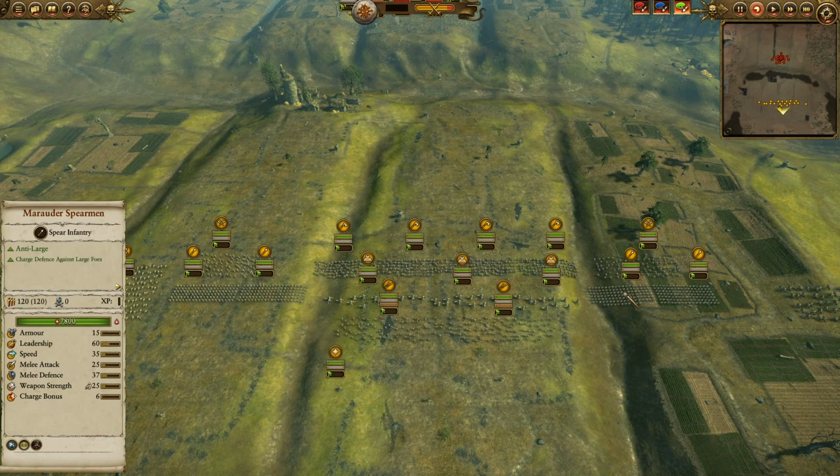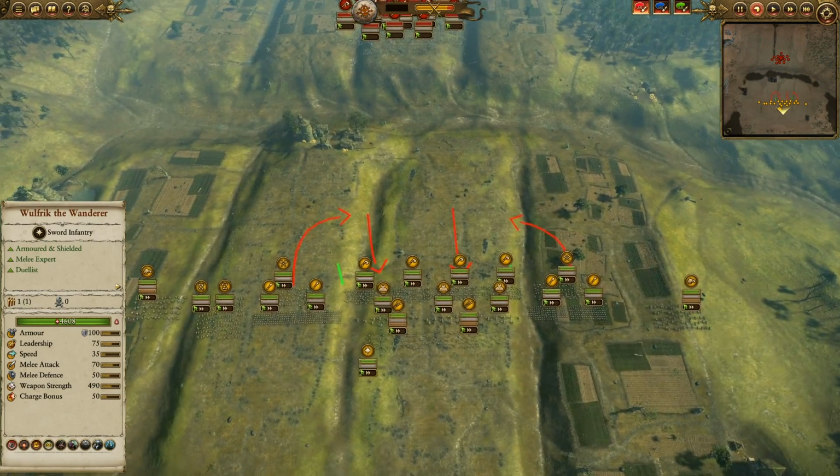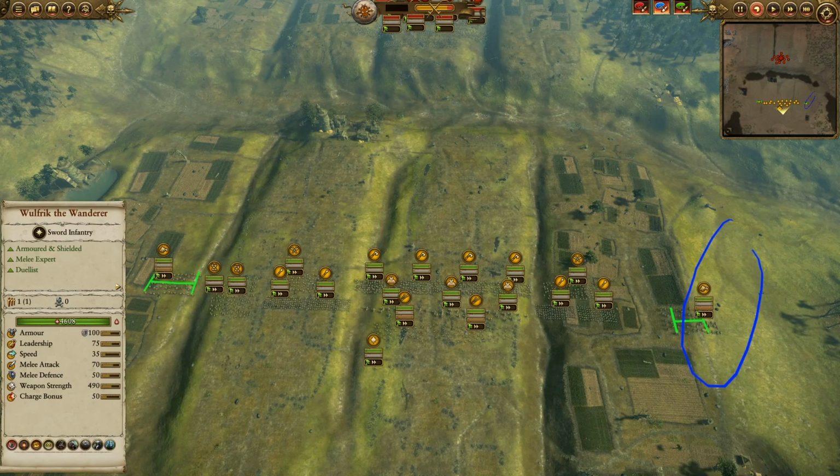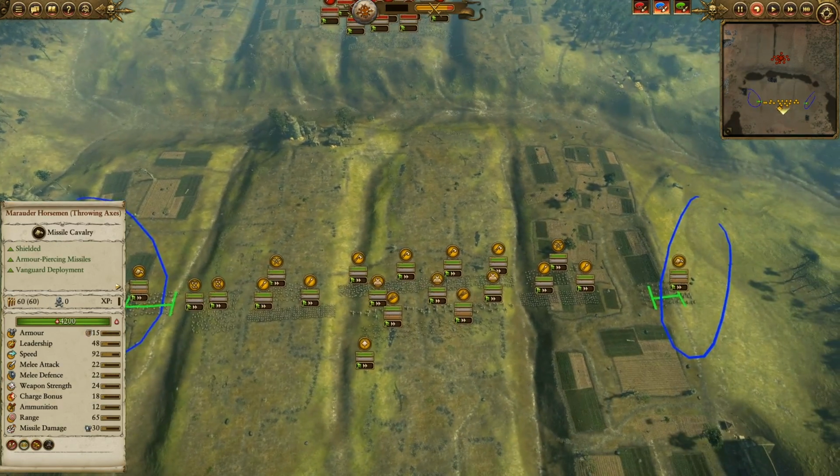In front of these Marauder Spearmen on either side, I do have these Marauder Berserkers, and the hope here is that if there is a head-on frontline engagement, I can send these guys in for some flanking maneuvers or rear charges. Then, further out on either flank, I have these Marauder Horsemen with their throwing axes, again with their armor-piercing missiles. I'm hoping to screen any cavalry or any enemy units that might come in from the flanks, while